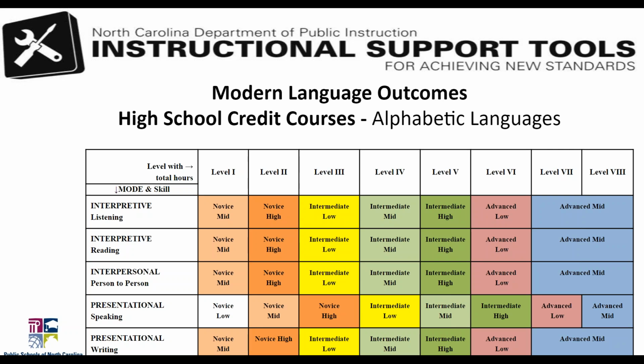Of course, we might have advanced students who do go beyond into advanced high or superior or even distinguished, but we needed to set these proficiency outcomes for all students who are in the programs. And as I said, they're designed to be challenging, yet reasonable for what can be accomplished in a K-12 program, given the instructional time and other parameters that we have to work with. So this is for alphabetic languages, and like I said, I'd like you to pick 2 of the columns so you can watch how they change as we look at different types of languages.